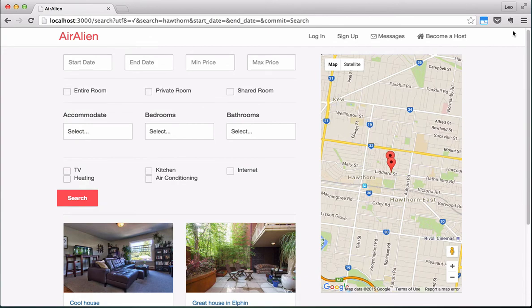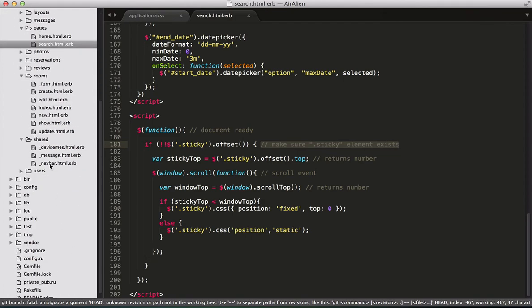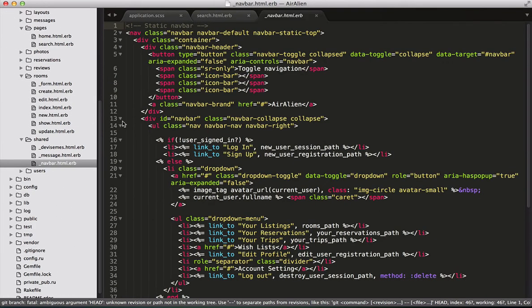Alright, so far we've done a huge job, and the last thing we really want to do for the searching function is getting a text box for a search function here on the navbar. So no matter where you are, you can go straight away and search for the location right on the navbar. Let's do it. Back to our project folder and open views shared underscore navbar.html.erb. What we want to do is add the text field into our navbar. So under line 13 in here,